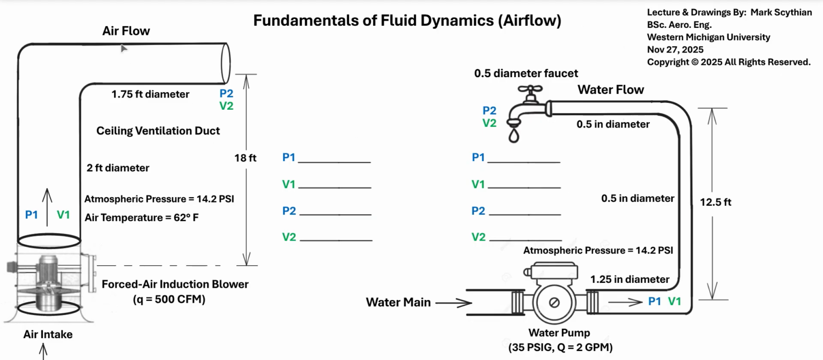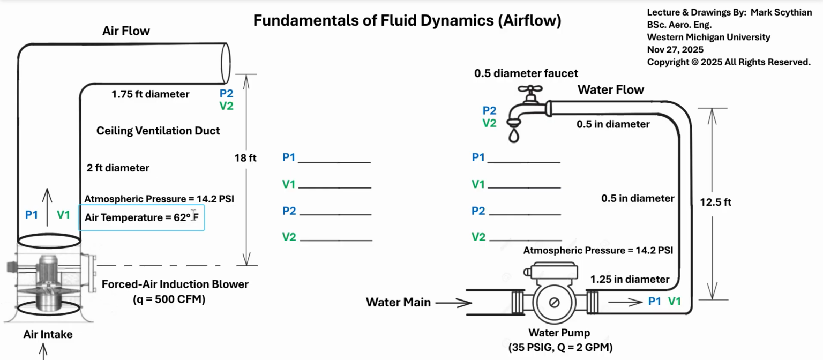So on the left, we have an airflow application involving a forced air induction blower with a 500 cubic feet per minute airflow rating. The lowercase q represents airflow, and water flow is always represented by capital Q. So this forced air induction blower is operating under an atmospheric pressure of 14.2 psi and an air temperature of